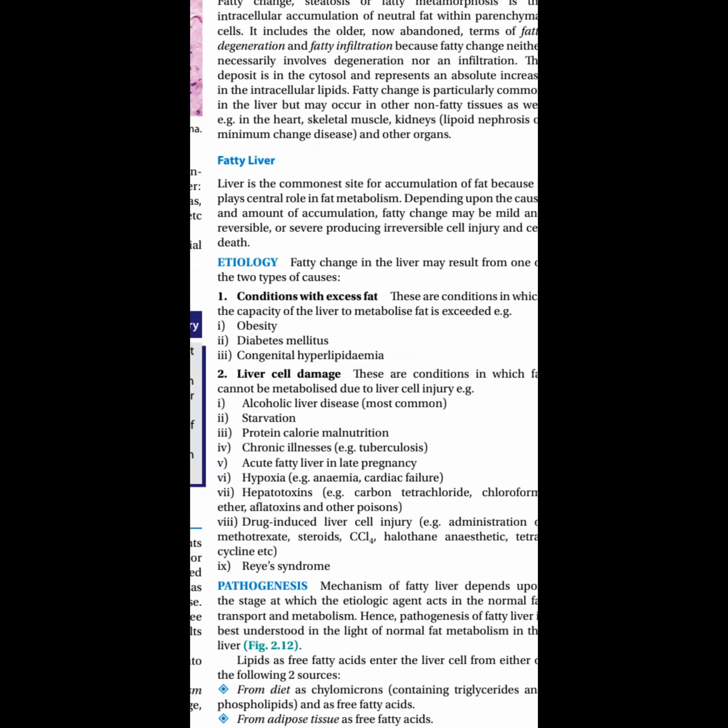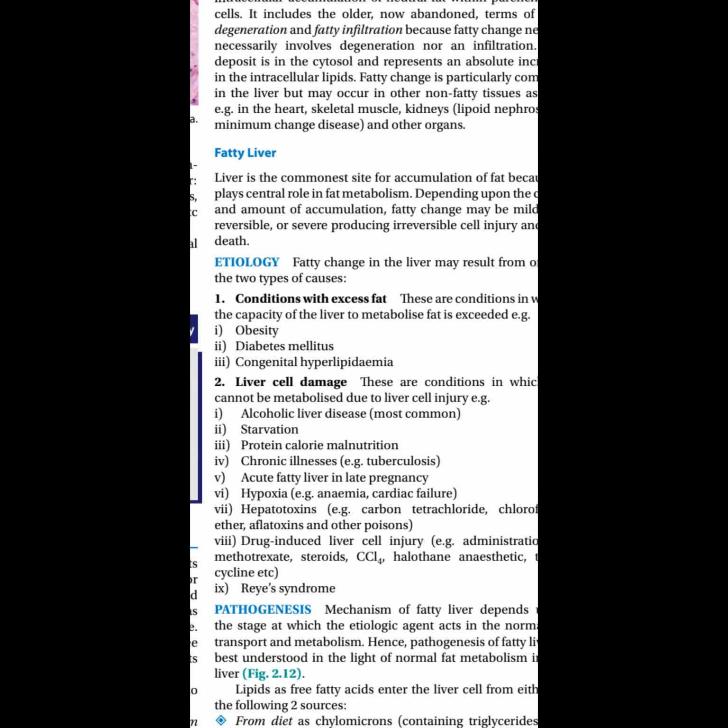In that, what happened? The production of the lipid is so much that usage is very less, even though they are exercising to the same level as someone who has a nice fat metabolism. So what happens in these people, the metabolism of lipid is very low. So when you say fatty liver, three conditions are coming which will increase the accumulation of lipid. The first is obesity, the second is diabetes, and the third is congenital.